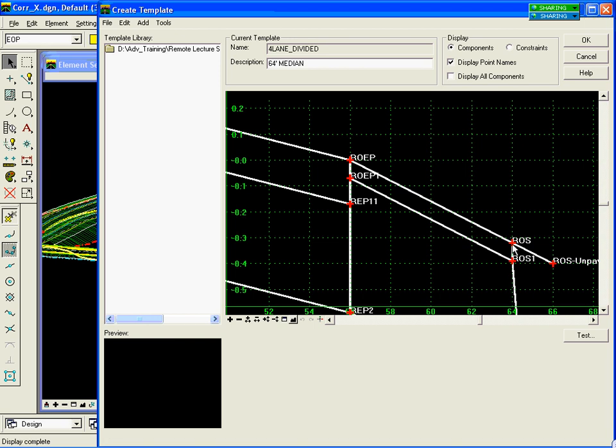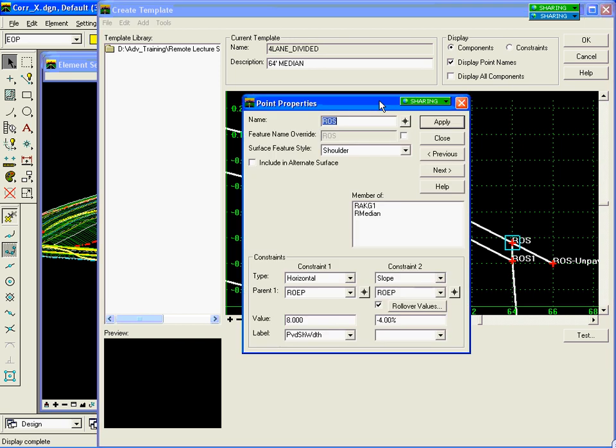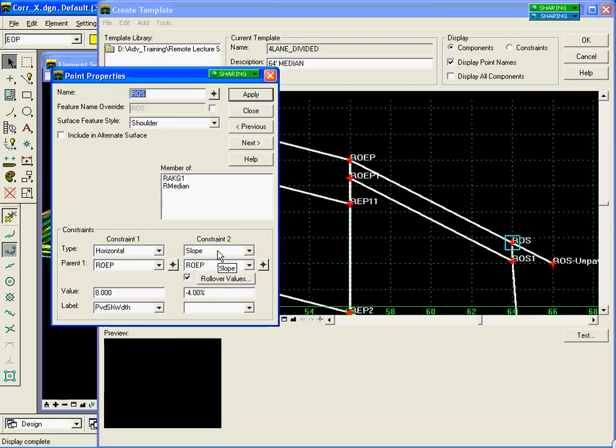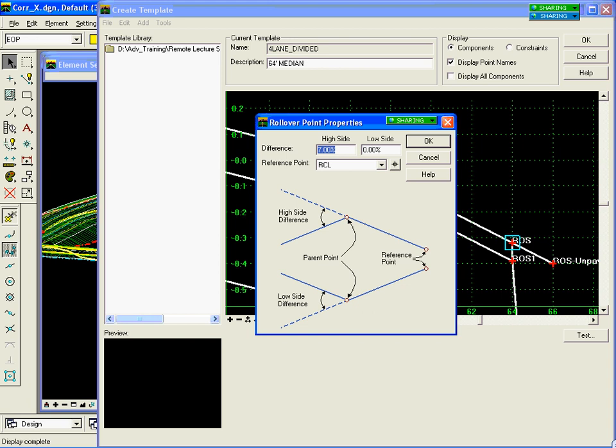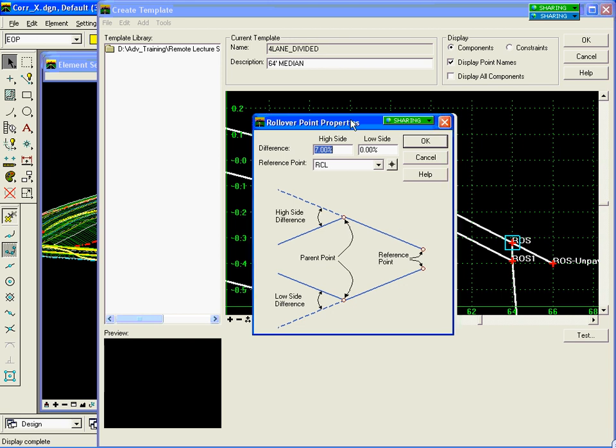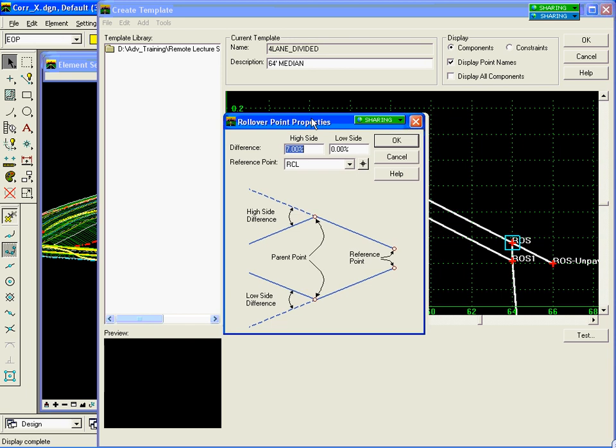You will notice that if I select my shoulder point, it is constrained by slope to the right outside edge of pavement, but I also have the rollover values option toggled on. If I select the rollover values option, you will see that I can define within the template a high side difference and a low side difference and